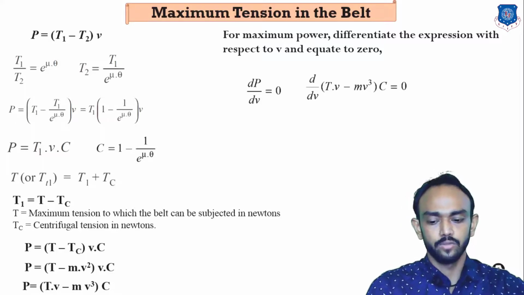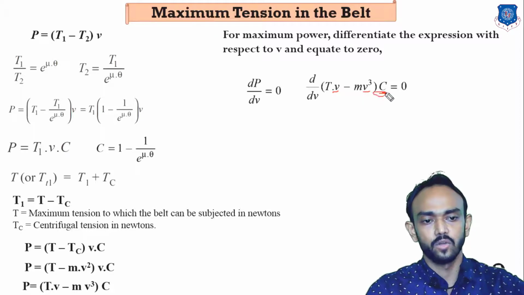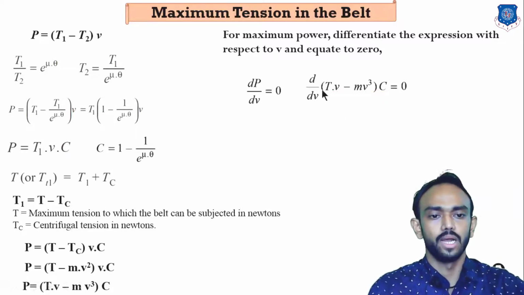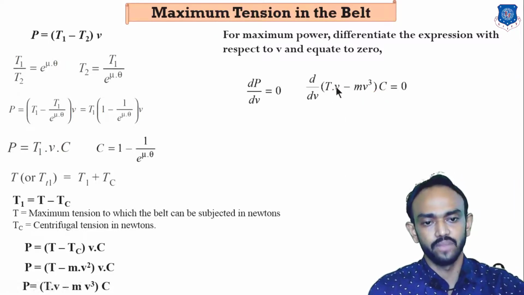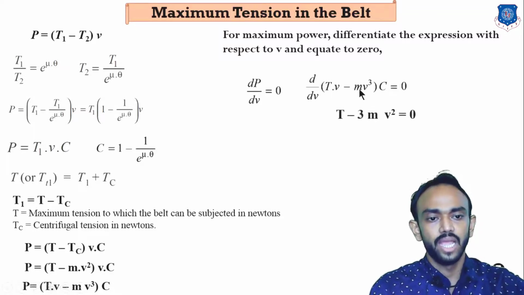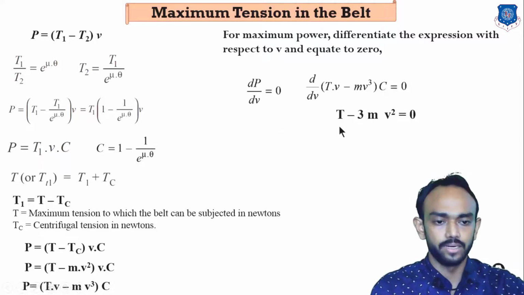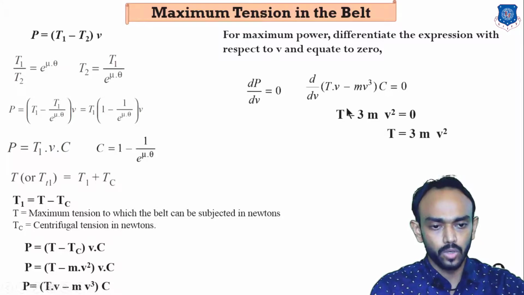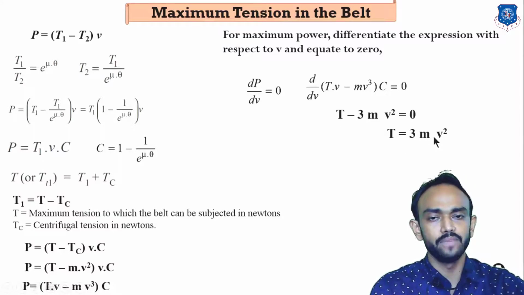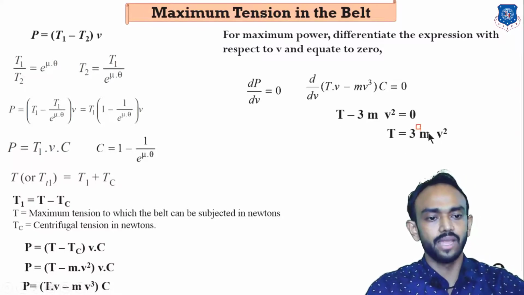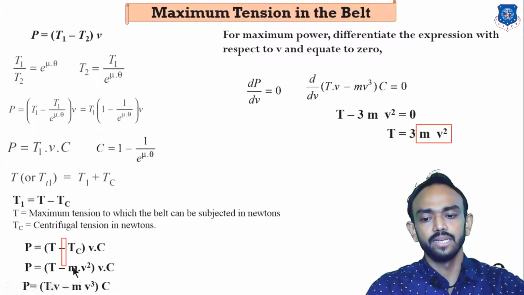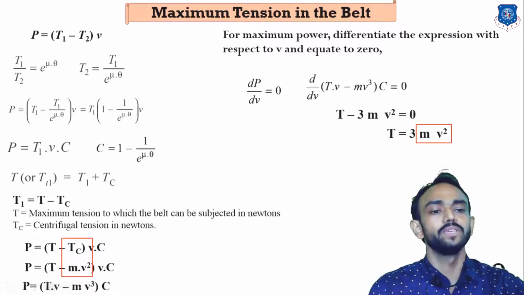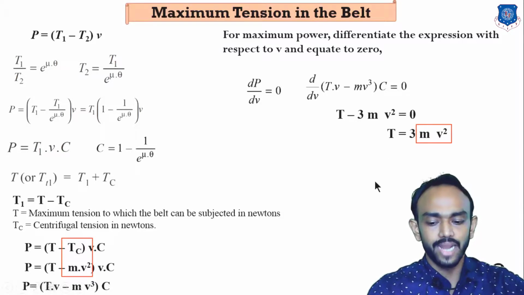Here you can see there is a velocity term v and a term with v cubed, and this other term is a constant. The differentiation of v is 1, and for mv cubed, v cubed becomes 3v squared. So the total tension is equal to 3mv squared, and you know what mv squared is. You have already written here, centrifugal tension is equal to mv squared. So you can write this here,